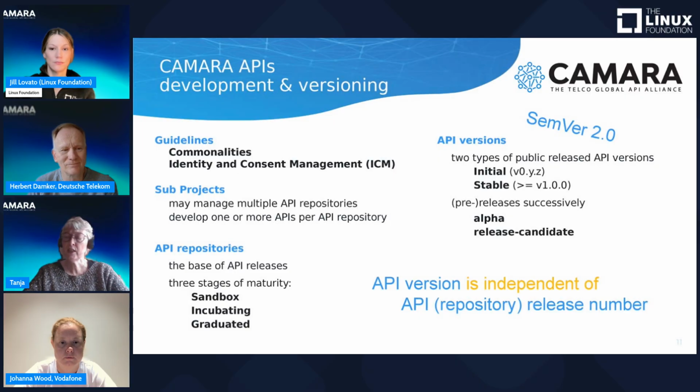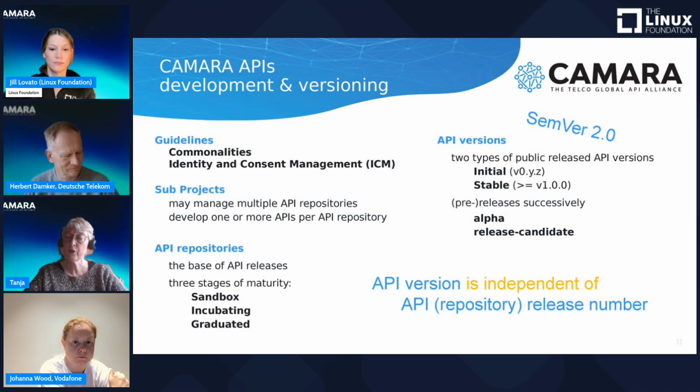Then API versioning is very important, of course. So CAMARA adheres to the semantic versioning standard for API versions. We have 2 main types of public released API versions. So they can be initial APIs, which are the V0 APIs, and the stable APIs where they are at V1